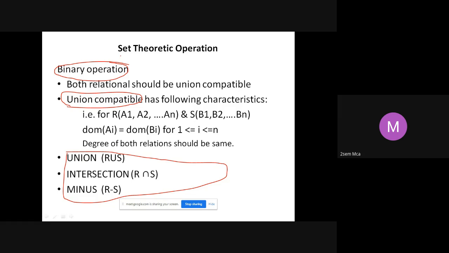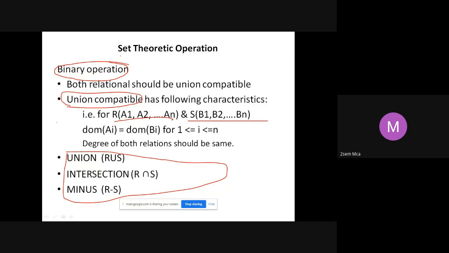Next, what is meant by union compatibility? Union compatibility means you are taking two different tables, correct? R and S. Here we have taken R and S, and I will explain with respect to that. R is a table which has the attributes A1, A2, A3 up to An. S is another table which has the attributes B1, B2 up to Bn. Union compatibility means two conditions have to be satisfied.